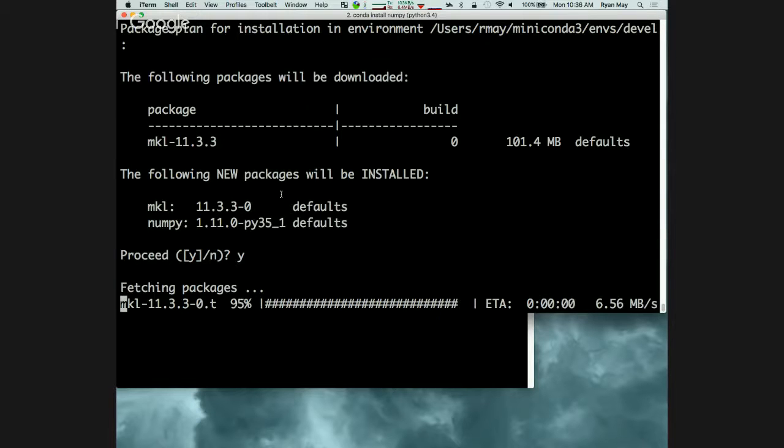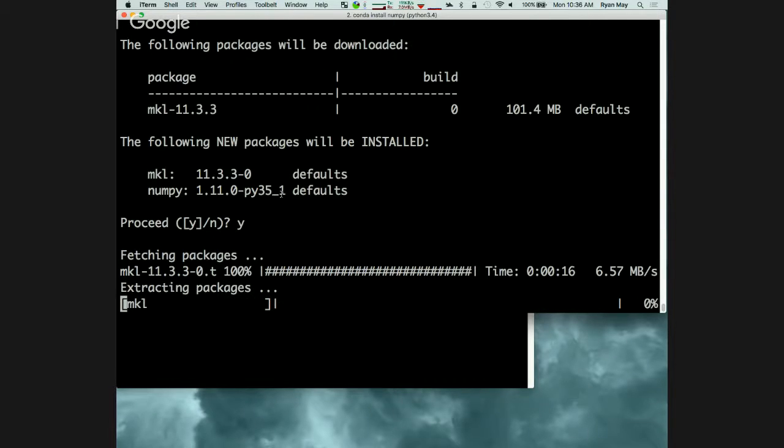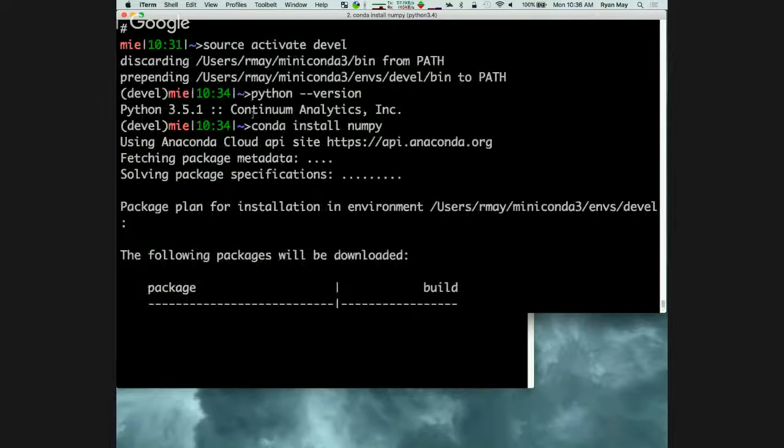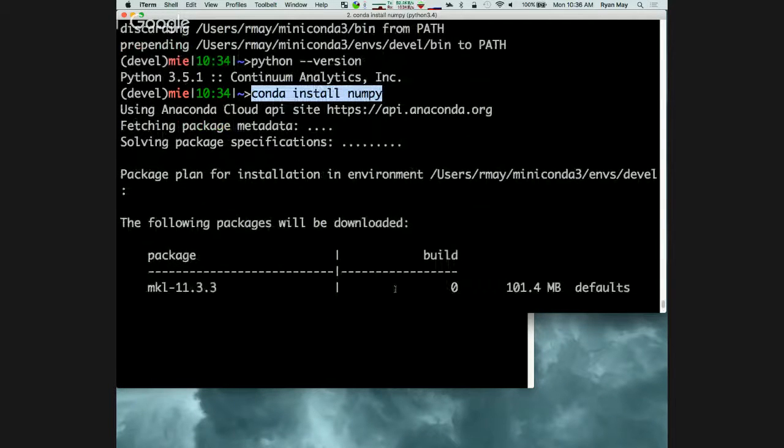It's downloading the math kernel libraries from Intel, which is a fairly chunky package here. 30 seconds ETA. Yeah, if it scrolled off the top too quickly, I apologize. And the command I ran here was conda install numpy.